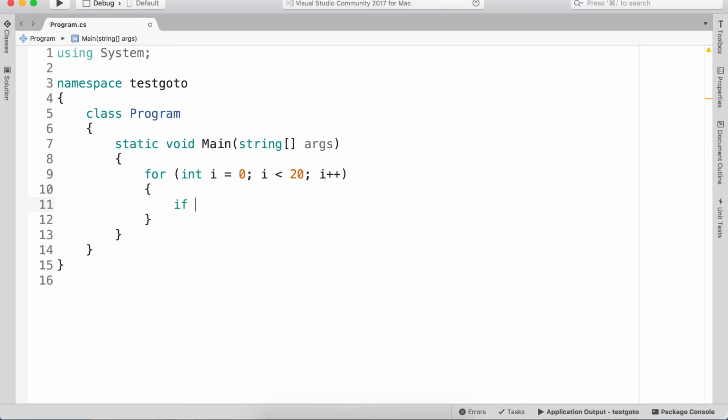So remember how we do it, right? This is a different kind of division. When you use percent, it returns the remainder of the division. And in previous videos, when we wrote this program, if it divides without remainder, then we print the value, right? So if we run this one,